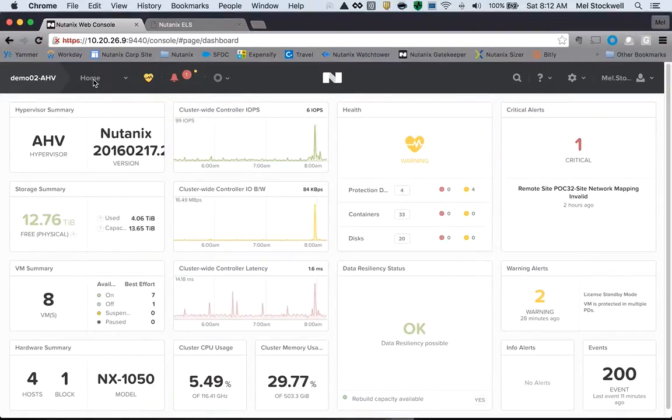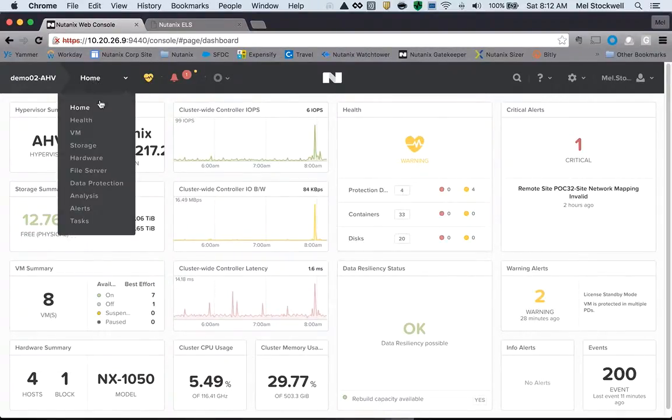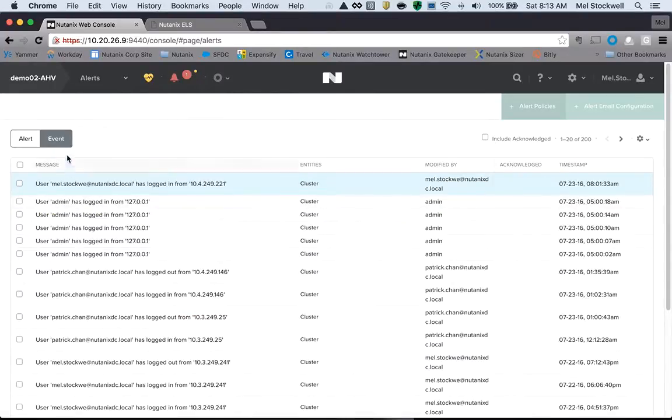And what I mean by that is it's the entire infrastructure integrated, from the hardware to the storage to the virtual machines that run on top that support your applications and services, as well as some enterprise features, including file servers, data protection, backup and recovery to the cloud, to other clusters, analysis tools, health tools to help manage the environment. But what I'm going to show you regarding the APIs, REST APIs, is take a look at alerts and